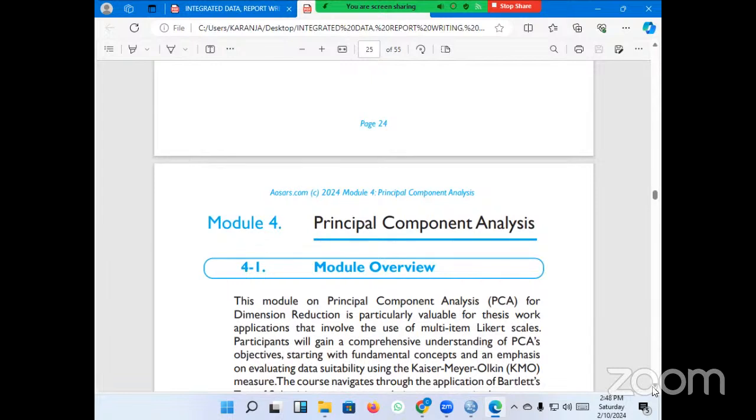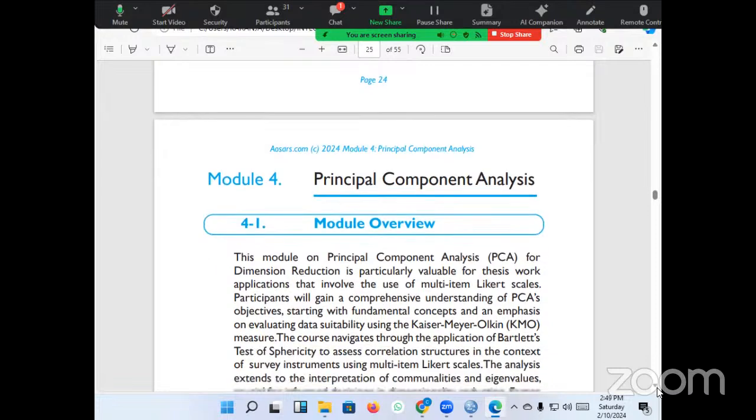Factor analysis, principal component analysis. So we are all aware that sometimes we might have very lengthy questionnaires. So the PhD candidate, for example, maybe has done 12, maybe 15 questions, right? And we want to do what we call dimension reduction. So for those of you with very lengthy questionnaires, one of the things that you could do so that you eliminate some of the questions that are not contributing much is to do a principal component analysis,